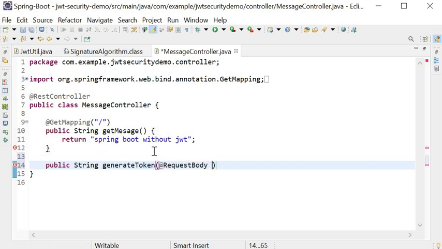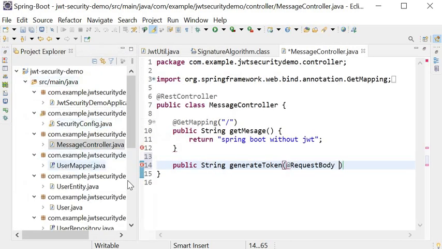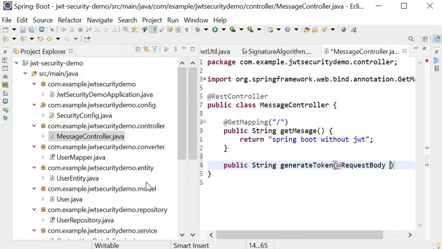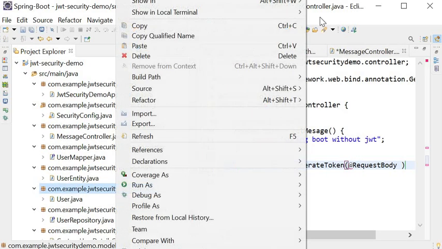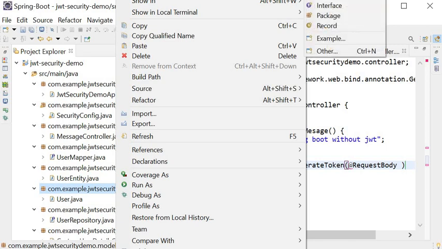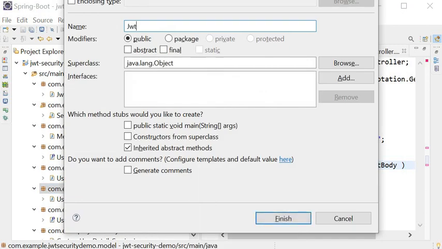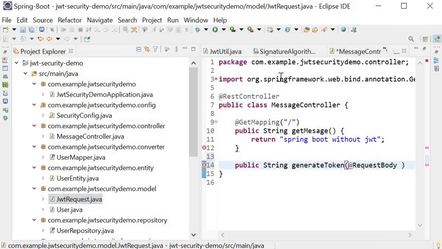For this I need to create one more model class. So first I will go to my model package and create a new class, that is JWTRequest, and this class will contain two fields, username and password.